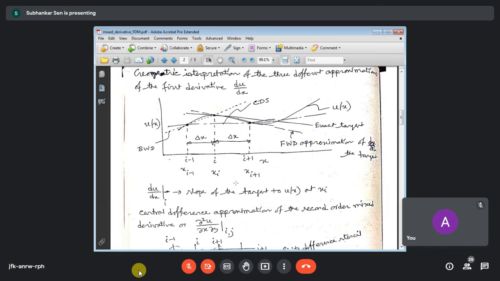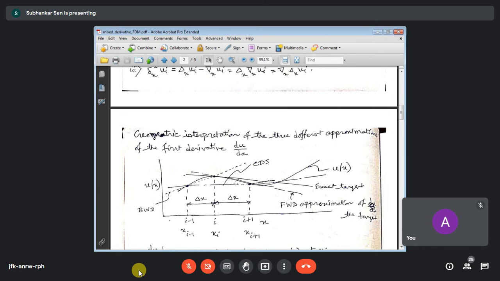Now, we have done this for first order and second order derivatives, but we have done it for ordinary derivatives. There are ordinary derivatives, there are partial derivatives, and there are mixed derivatives. So let us consider the second order mixed derivative. When we have terms like del 2t del x del y, del 2u del x del y, these cross derivative terms, how to approximate them? By using the Taylor's approximation or the basic central difference approximation.